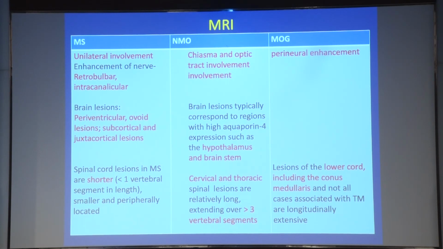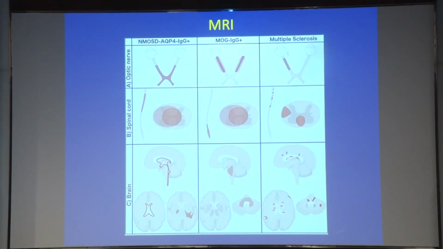So these are differences that you see on an MRI, and this is how you form your first impression. If you do an MRI, you're able to understand which of these you are landing into. If it's clearly MS, sure, go ahead and treat as an MS patient. If it is not, if there are no MRI changes or anything suggestive of it, go ahead and get an NMO MOG test, because the earlier you get to know, the better it is for the long term. This is just a pictorial description of the MRI changes that you actually get to see